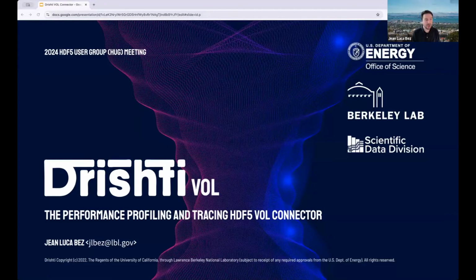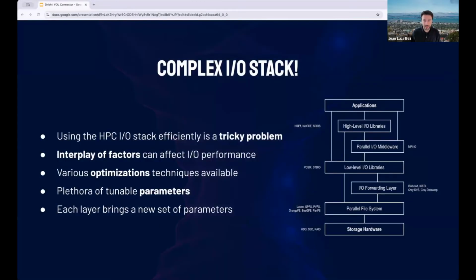So I'll share some updates we have on Drishti, especially related to the HDF5 side, on the Drishti VOL connector, so that we can get more information from HDF5 and feed this into the entire Drishti framework. Just to give a little bit of context of where Drishti came from,